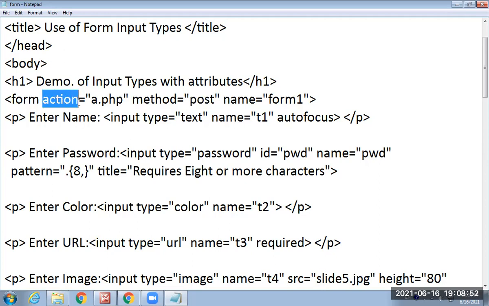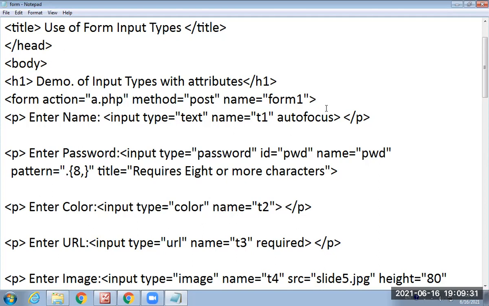Then one more attribute of the form tag is the action. Under this action, I have provided a.php. Here A is the file name and PHP is the extension or the file format which I am going to use. In this file, I have to provide all the things which will get cross-checked for this form or for this complete input data. Therefore, I have used a PHP format file which will perform all the calculations for the provided input.